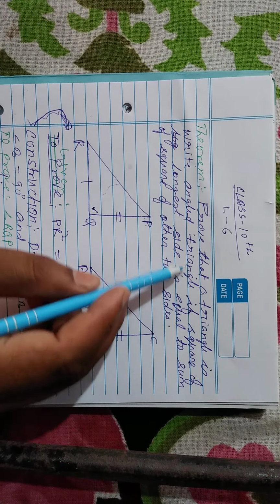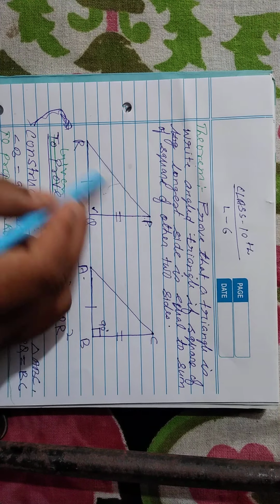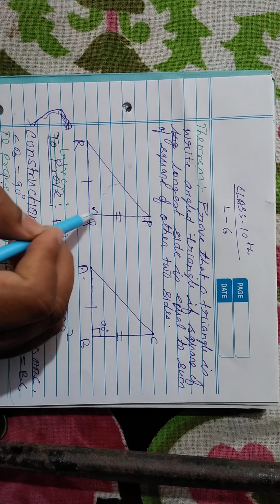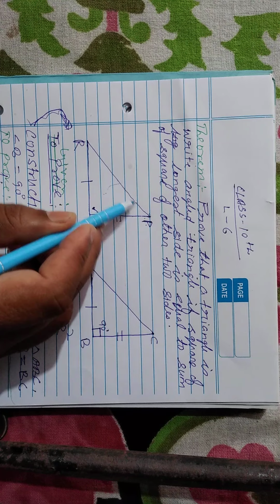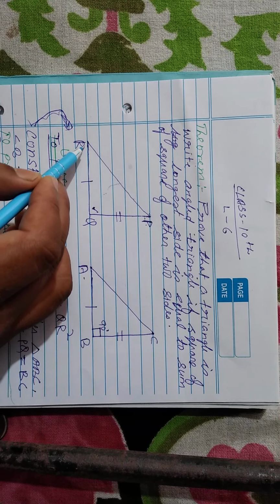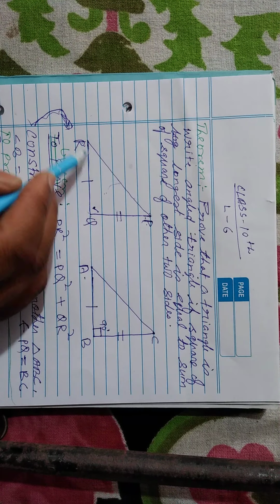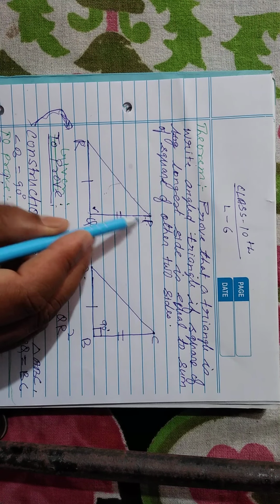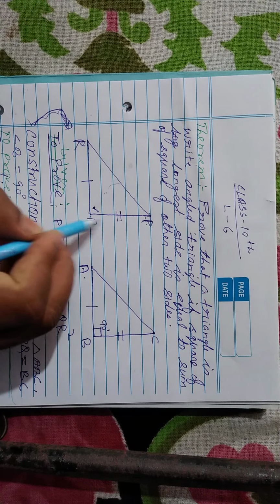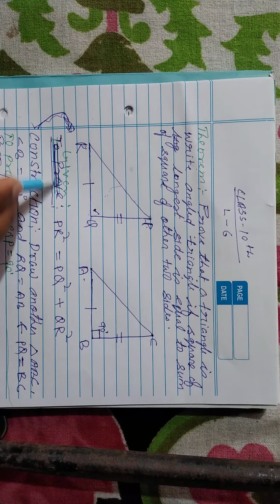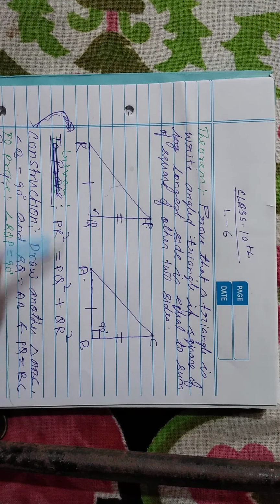Here, given is the square of the longest side. If we take a triangle, it is not known to be a right angle triangle, because that is what we have to prove. Here the longest side squared means PR square is equal to PQ square plus RQ square. The square of the longest side is equal to the sum of the squares of the other two sides. This is the given: PR square equal to PQ square plus RQ square.